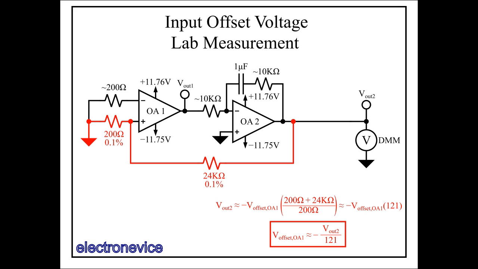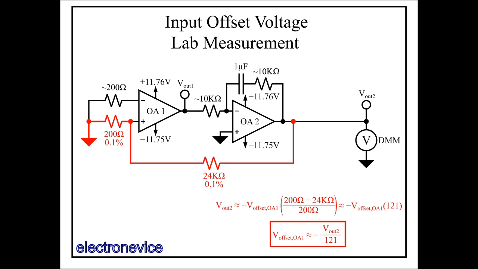In general, you should set the gain as high as you can to minimize your measurement error. This means a gain of 1000 for the millivolt V offset to about the 10 millivolt range, or higher gain for lower offset values. It also depends on what you're using to measure it. If you're using an ADC with a small maximum range, then you tailor the gain to the ADC's range rather than the op-amp's rails.